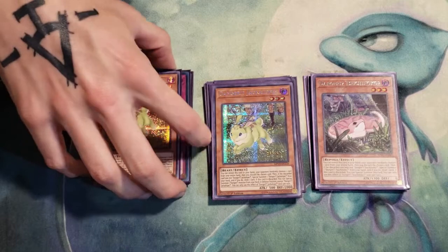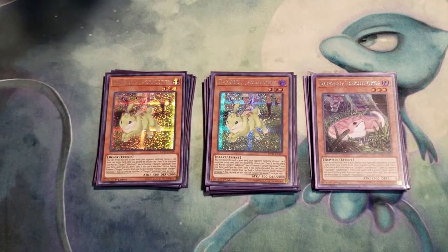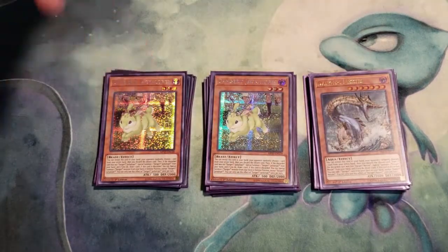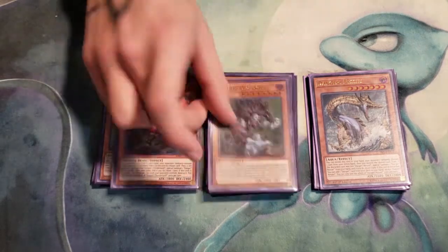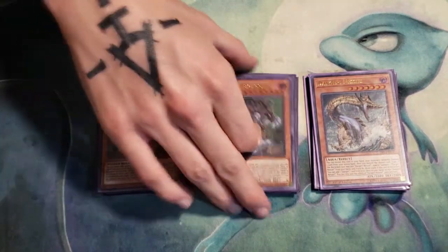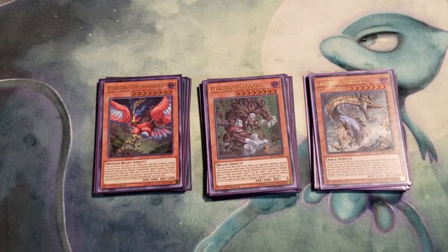So basically your standard package: Jackalope, 2, 1 Nessie, Nessie's limited, Thunderbird, and Bigfoot. Thunderbird and Bigfoot I chose because of their popping abilities. Getting on though,